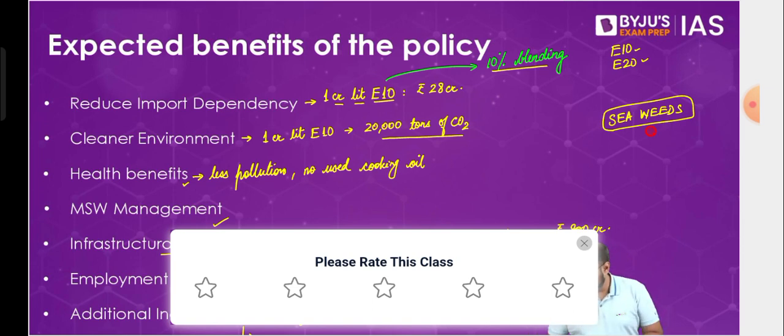We can use electric vehicles replacing fossil fuel vehicles so the pollution will not spread. We had discussed this point yesterday also, that it's a medium-term solution, can't be seen as a long-term solution. I was saying that municipal waste management can also be done, because a lot of solid waste is organic waste, and from that organic waste you can generate biofuel. So that also is a usable thing.